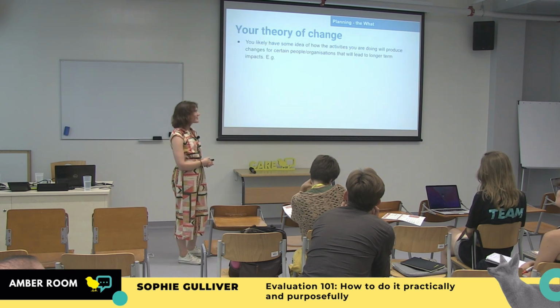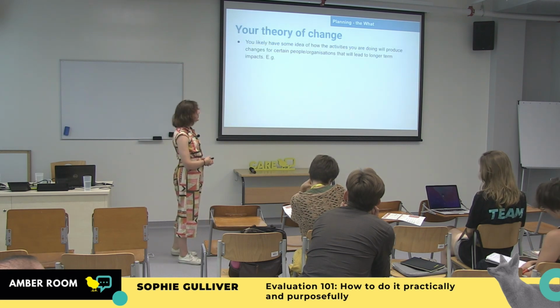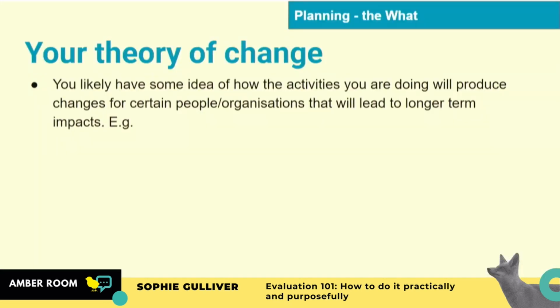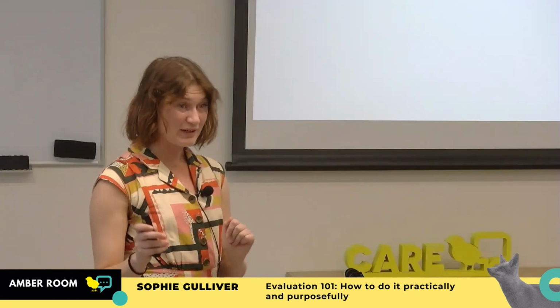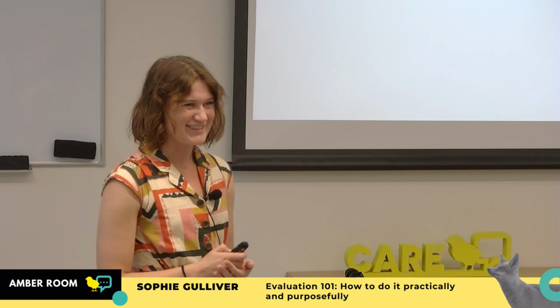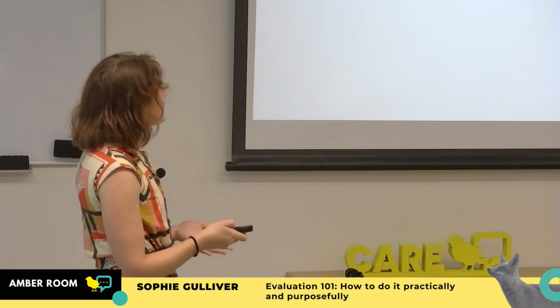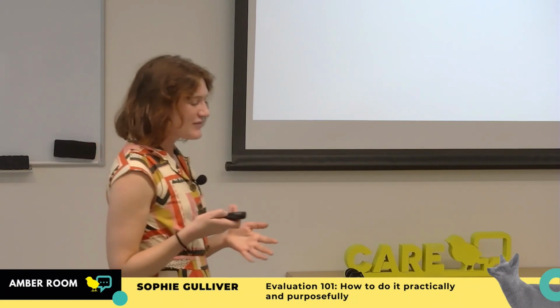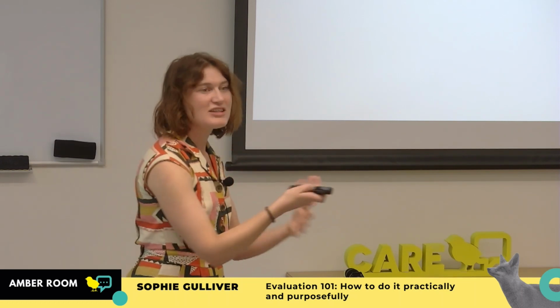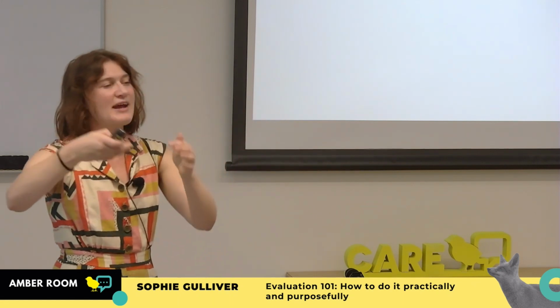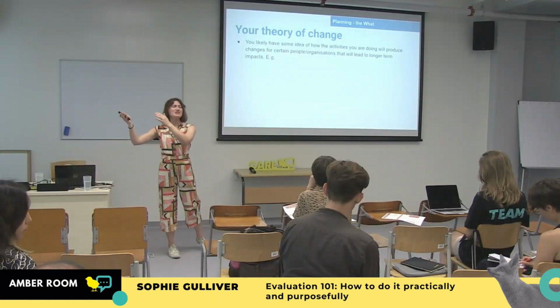So the next part is your theory of change. Now, we don't have time today to talk a lot about theory of change. I know Tom, my co-conspirator, gave a talk on this last year, and I'm sure some of you have already done this. So we won't be talking about it. And if this is leaving you a bit confused, there are some links in the resources where you can learn more about this. But basically, a theory of change is the idea you have of how your program functions, how you get from the activities you're doing through intermediate outcomes all the way to the eventual impact you want to have.